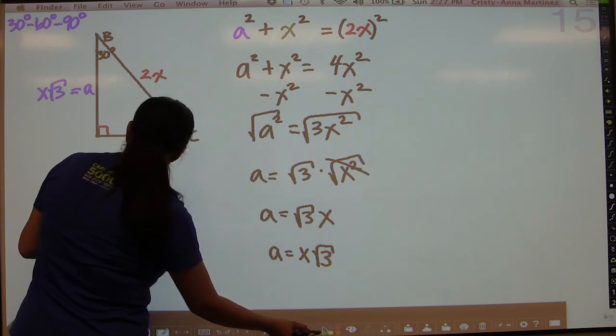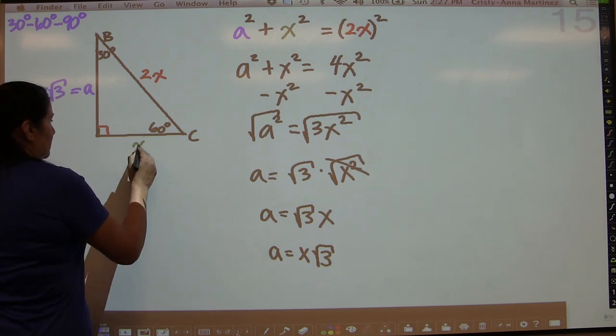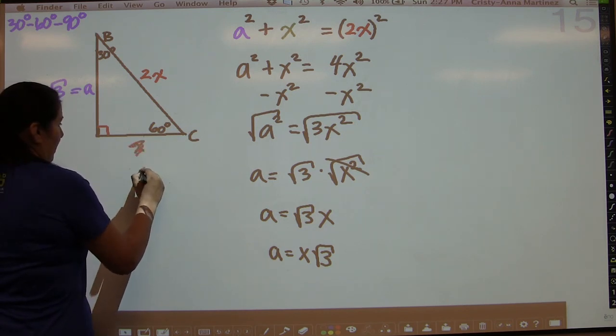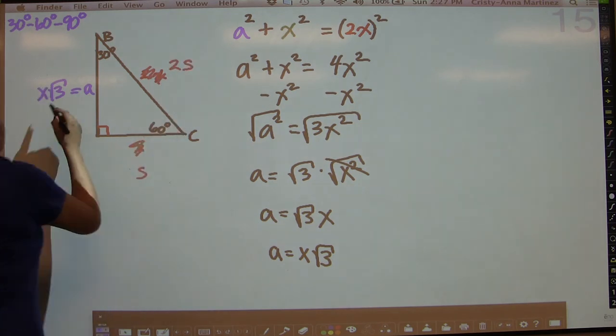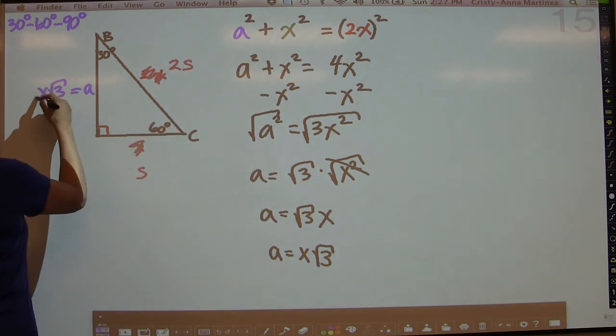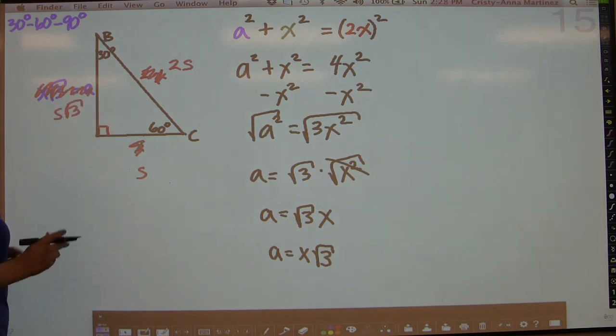I'll do it in a different color here. Let's do it in this color. So we're going to call this S, 2S, and S root 3. So again, what I want to show you here, and I'm going to write it again over